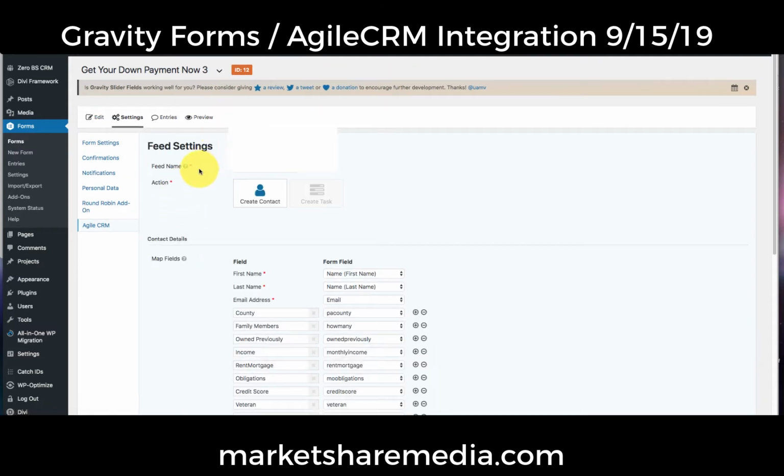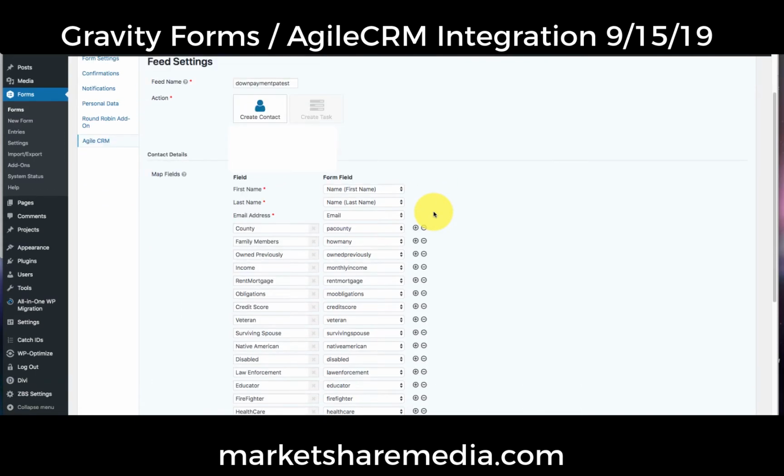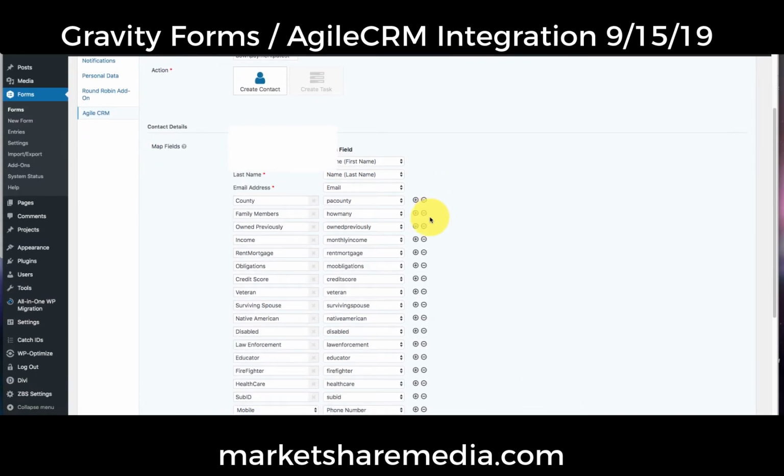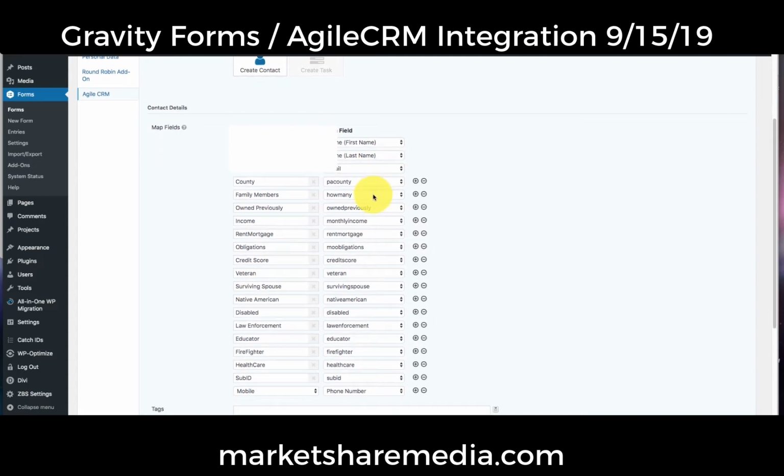When you get into the setup, you can create a contact or you can create a task. I do both. And you come down, I created some field names, and these are the actual field names or labels that I created within GravityForms. So once this is all created and set up,